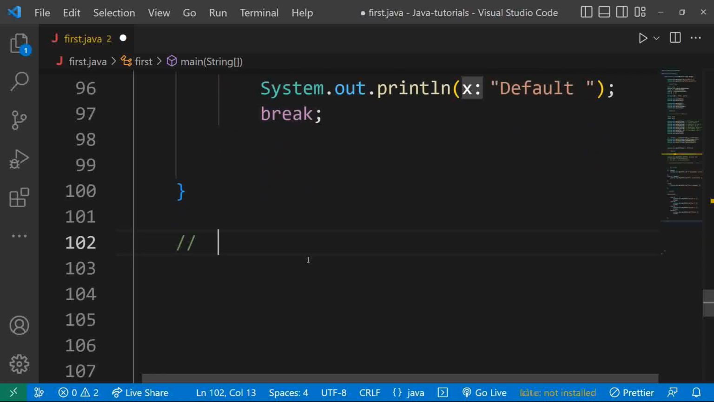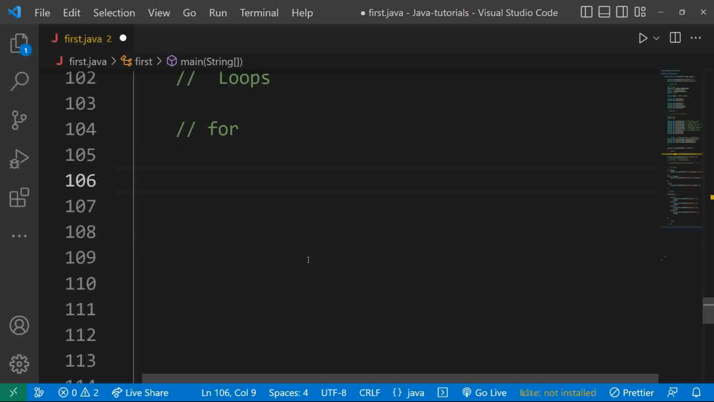Now let's come to loops. So we have 3 types of loops: for loop, while loop, and do while loop. First, understand what is for loop. If you want to iterate for some given number of times, we can use for loop. Let's say if we want to execute the same condition for 10 times, then we can use something like this: